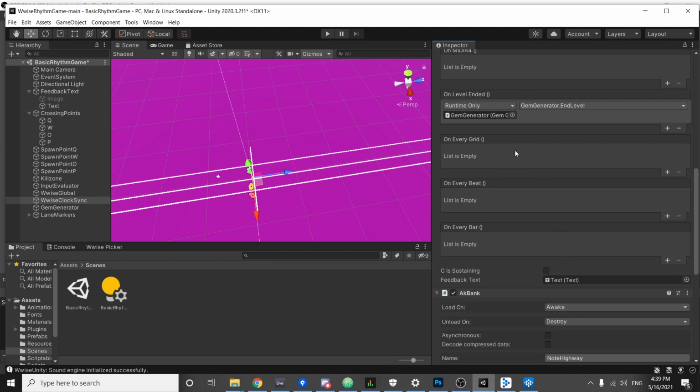So it could be on every 16th note. It could be on every triplet. It could be on every half note, something like that. On every beat, I think, is pretty self-explanatory. It's the main pulse of the music. And every bar,